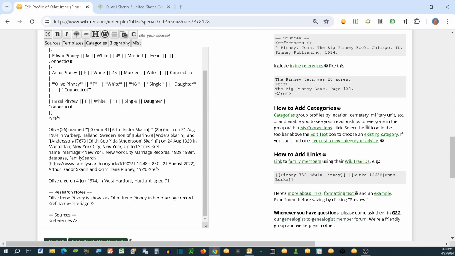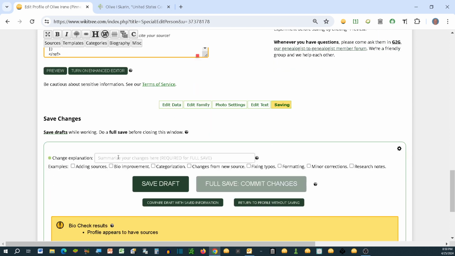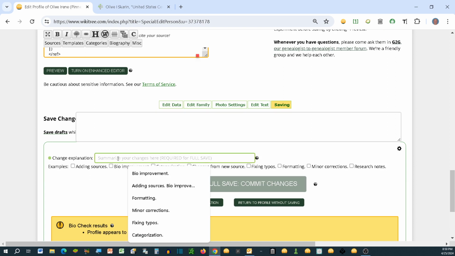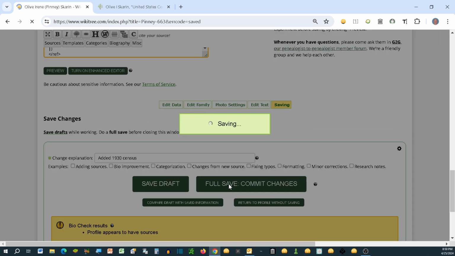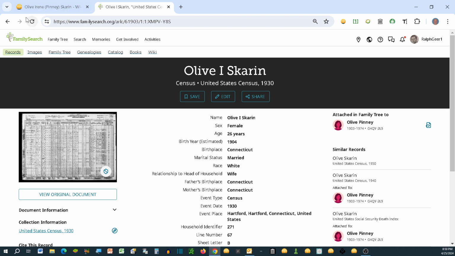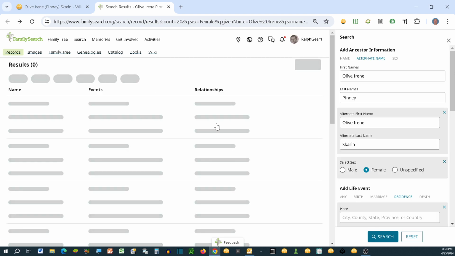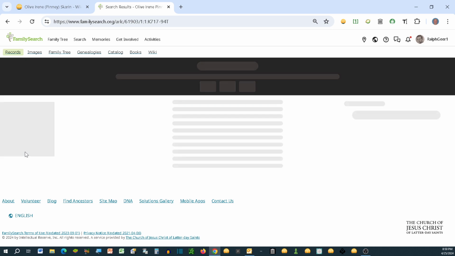So this is her marriage information here. We're going to click after that, hit the enter key a couple times to get it in the middle, right click, paste, and type in added 1930 census, save it, go back to Family Search and back arrow again, and look for 1940. And there's 1940. We'll click on her,